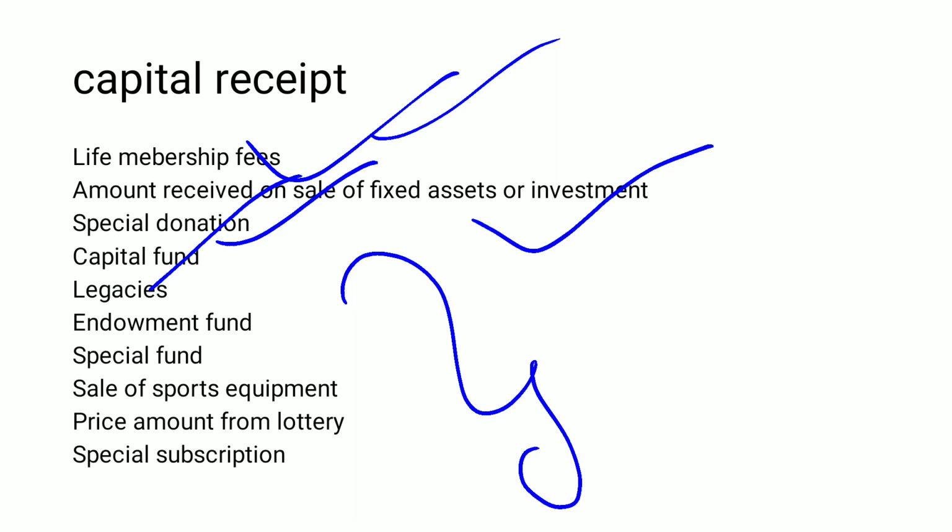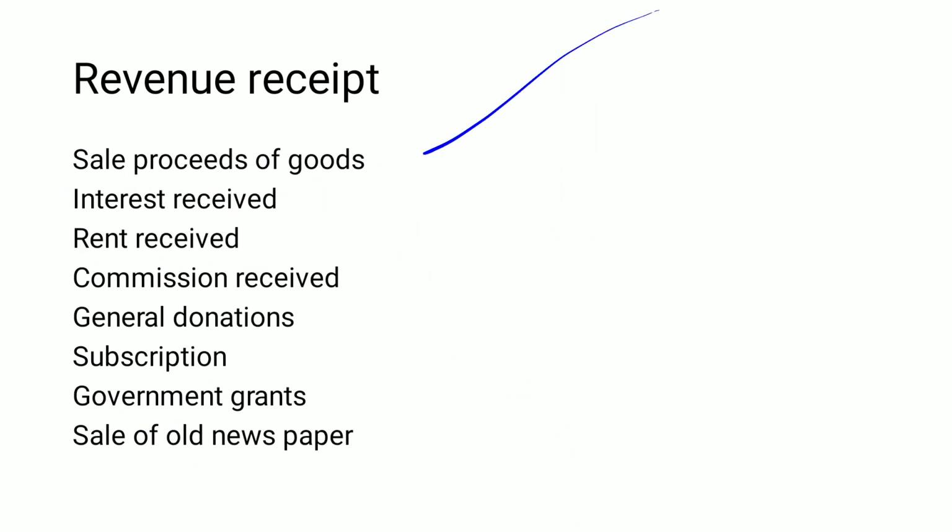That's why the capital fund accumulates, means the capital fund increases year by year. Okay, remember, on the balance sheet liability side we record the capital fund, and it increases from year to year because funds are raised yearly. These are different varieties of capital receipts that are recorded in the balance sheet. For example, we consider a special fund or special donation. That is a huge amount. That's why it is recorded in the balance sheet, liability side, capital fund.